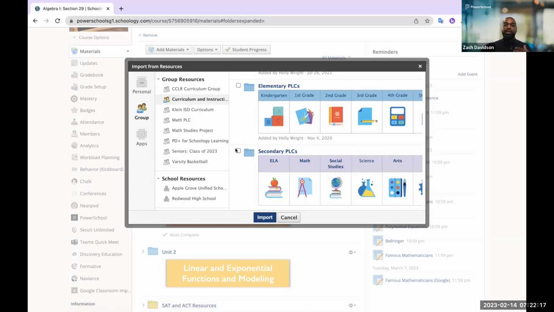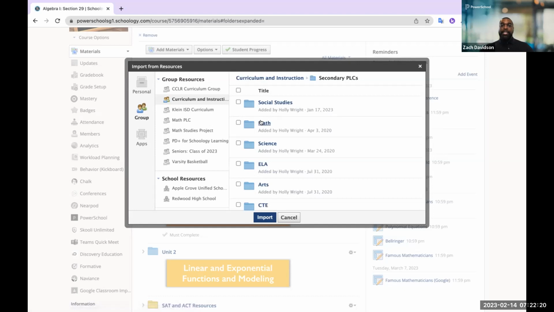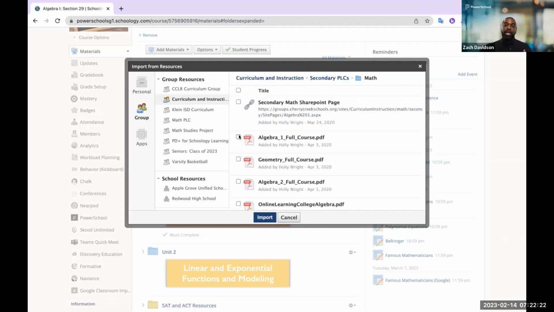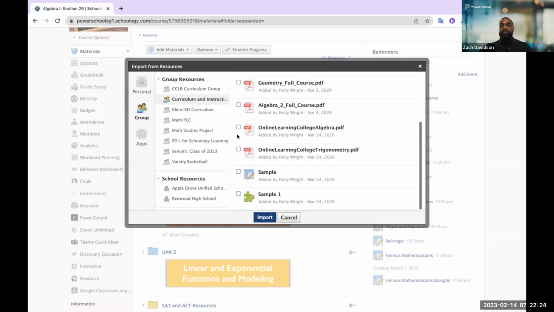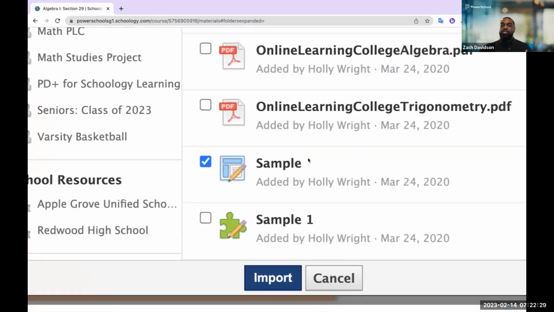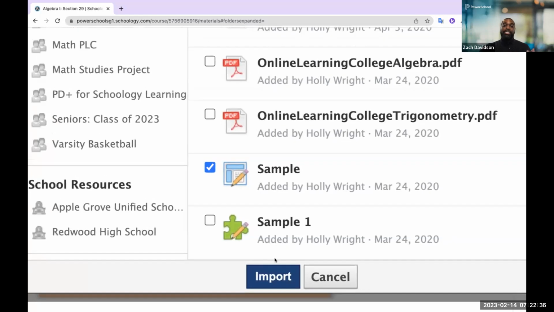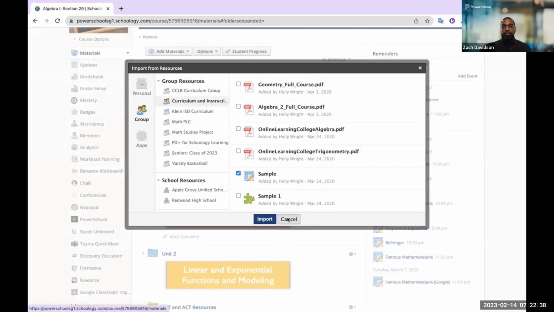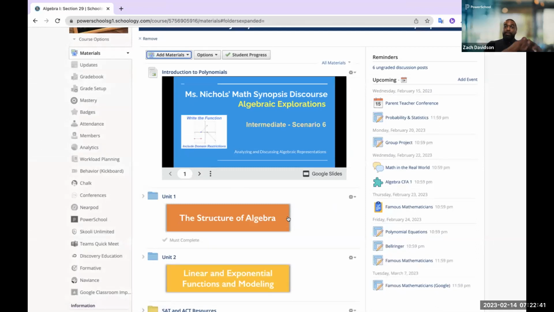For those teachers, we want to provide an experience that allows them to leverage work that other teachers have built out, whether it's course material, full-on templates. You can see here that I can take a course or a simple homework assignment that was built by my colleague, Holly Wright, almost 3 years ago, and add it to my course for my students, right? So it's the thought of having best practices, as mentioned, and very easily making that common practice throughout the grade level, the subject area, the entire district. Now, that's just one singular way of building content.